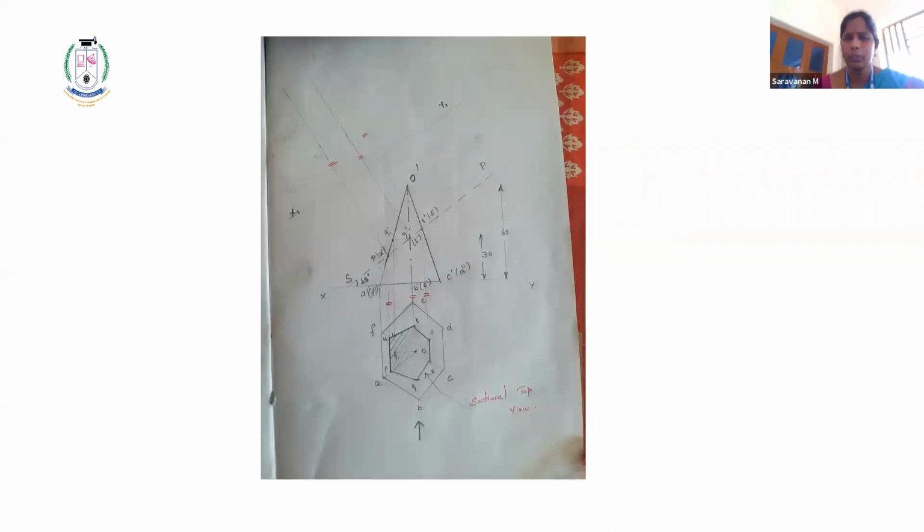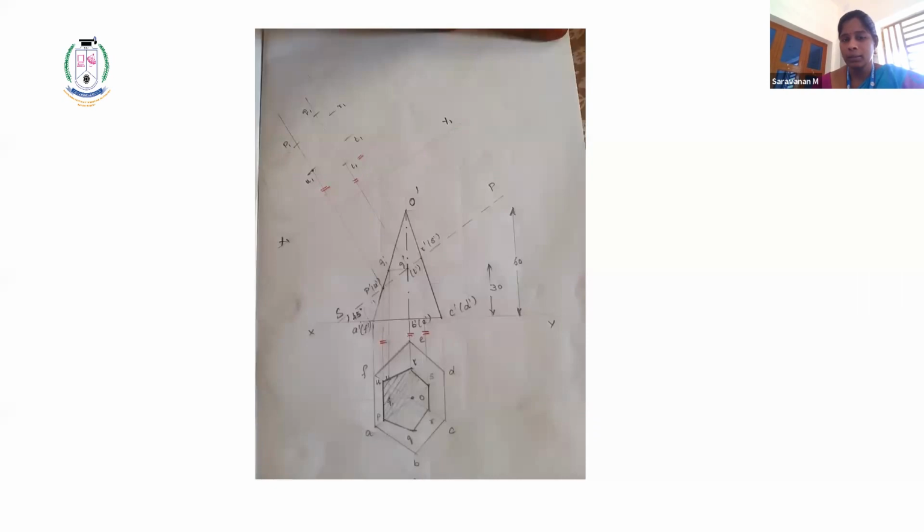Now to draw the true shape, you have to measure from XY. You have to measure the sectional top view. From XY, measure the point U and measure the point P. Mark them from XY, and you have to draw with respect to the new reference line X1, Y1. So from the X1, Y1 line, measure the sectional top view points and mark them on the projected lines from the sectional plane. So you will get the true shape of the section. Now you are getting the true shape of the section.